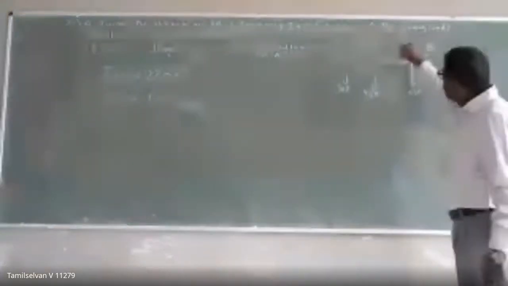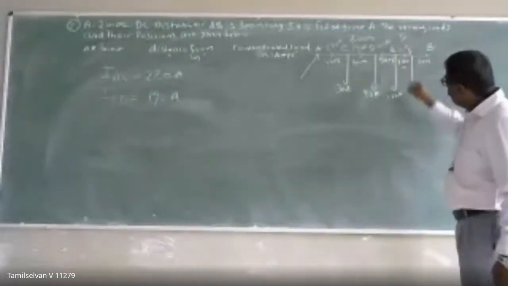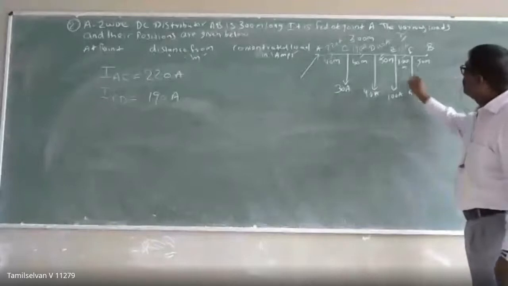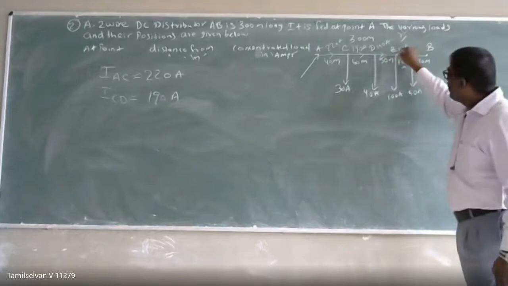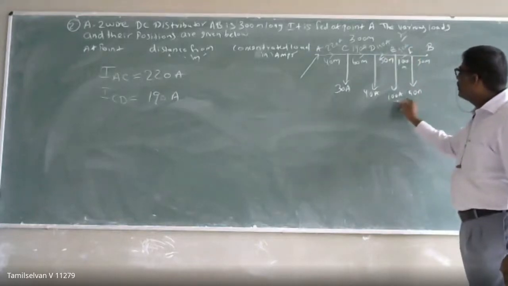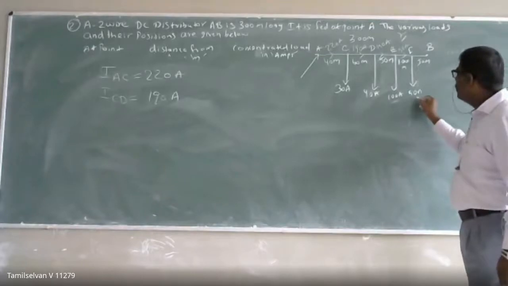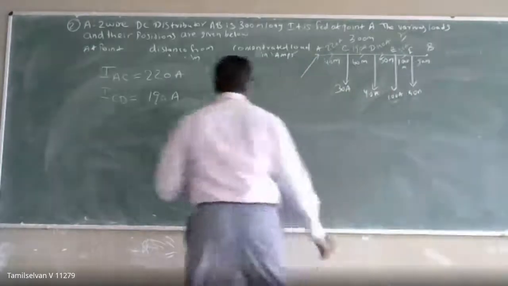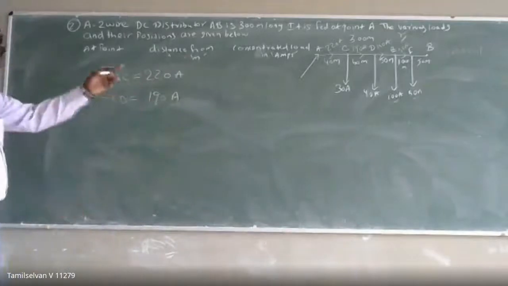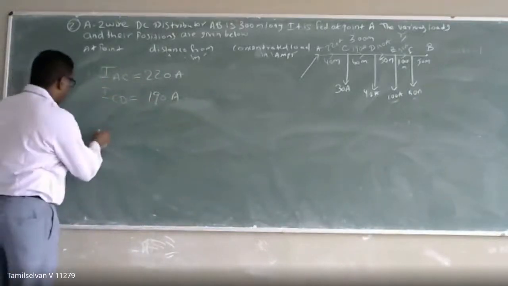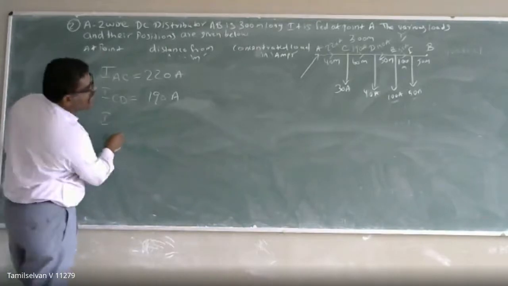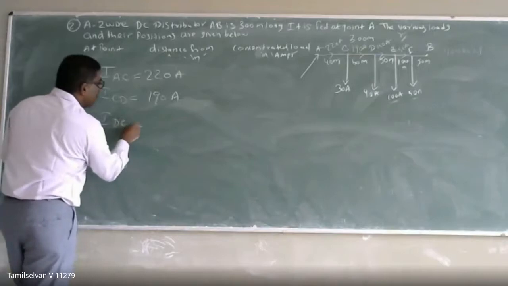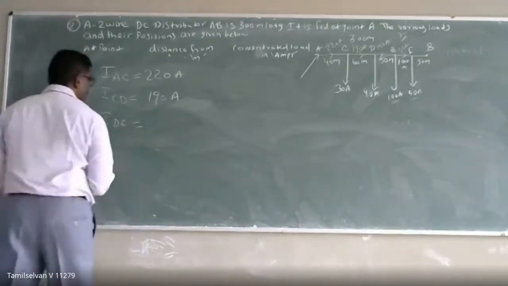So at this node point, we already have a load of 100 ampere. It means the current entering at this node point should be the addition of 100 plus 50, which is equal to 150 ampere. If 150 ampere enters at this node point E, then only load E can take 100 ampere and F can take 50 ampere. So that's why, based on the entering and leaving current concept, I have written the section current. So ICD is equal to 120 ampere. Then DE equal to 150 ampere.